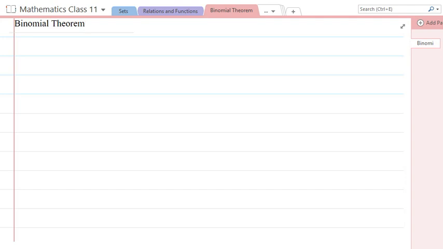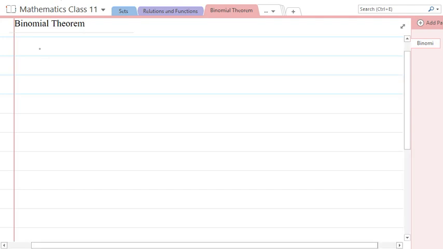Let's study about binomial theorem. Let's clear the concept of binomial theorem. For this we consider the expansion of a plus b to the power n. The expansion of a plus b to the power n is